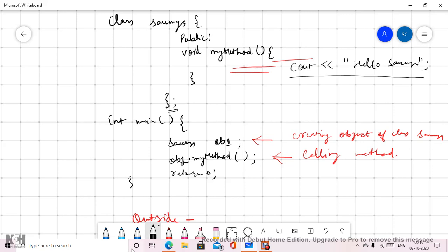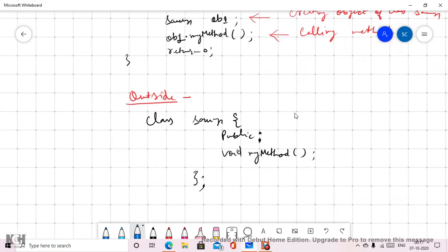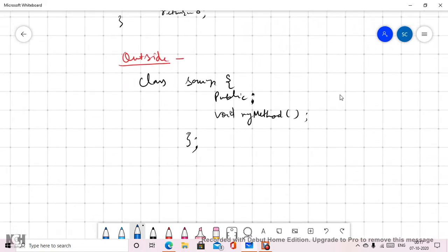Whereas in this case, while defining the class we are just declaring the function or method name. We are saying that I'm going to have one method in my class with the name my method.